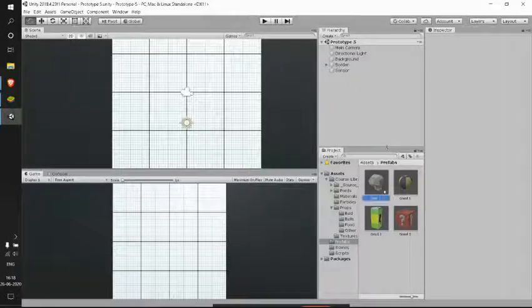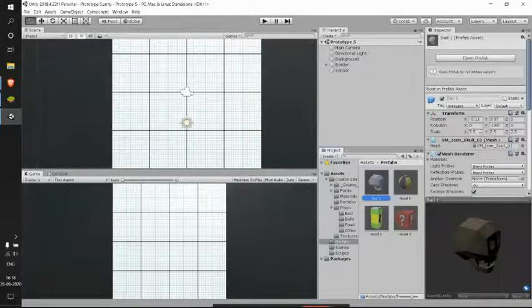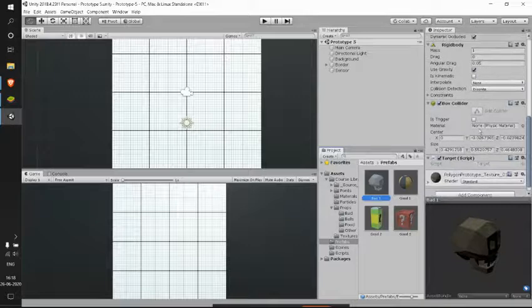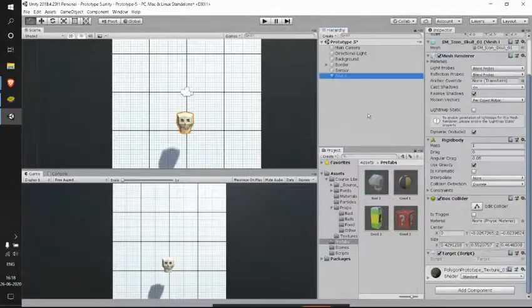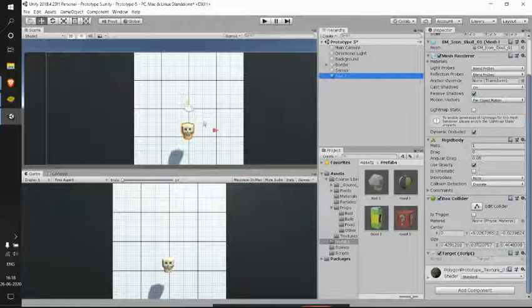So with this, now if we take one particular target, we have a rigid body for them, box collider, and this target script. Now it's time for us to give some behavior to them. So we want some behavior, like if we place them like this, immediately they need to go to a random position which is below the screen, like somewhere like this.